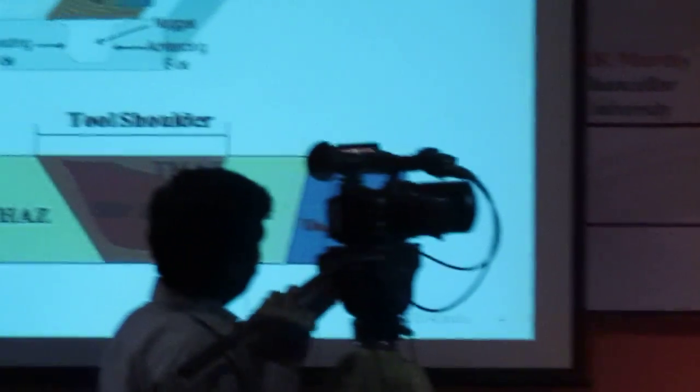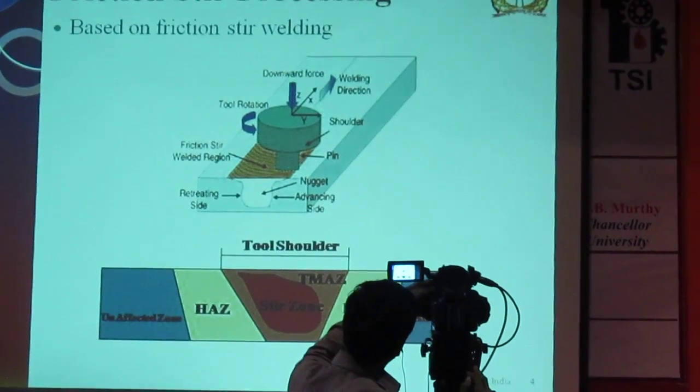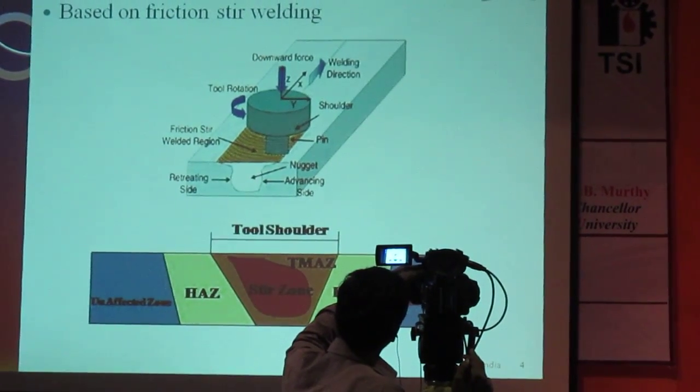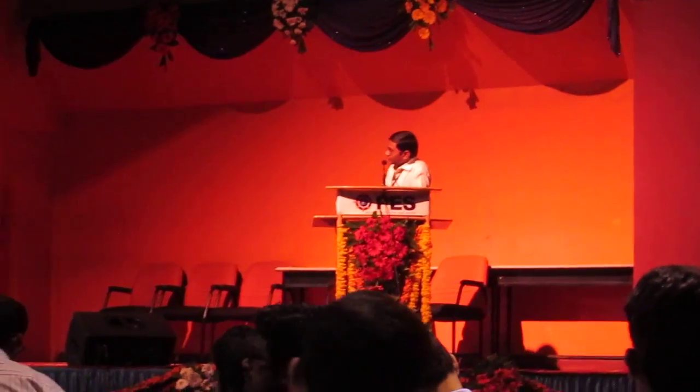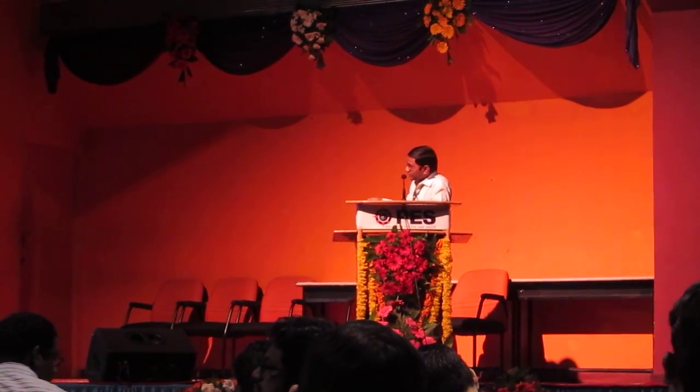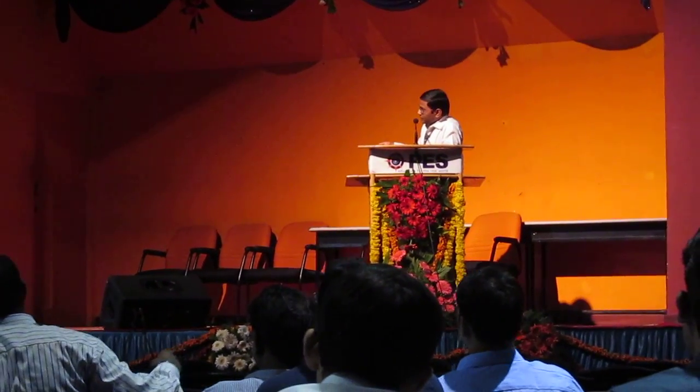This is the schematic of the process. In this process, this is the base plate where we do the processing, and this is the tool we use. This tool is made up of high-speed steel and carbide. It depends on the application and material. So this tool rotates at high RPM according to our requirement, and this is the tool pin which goes inside the material, and after some time this tool will traverse